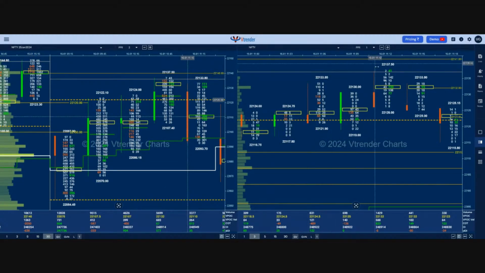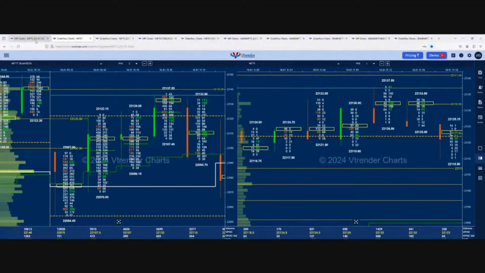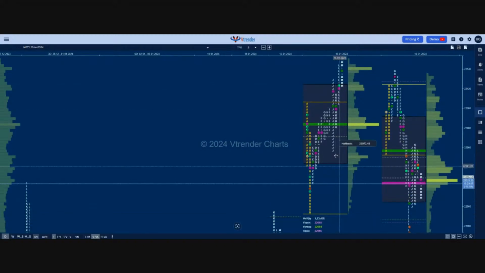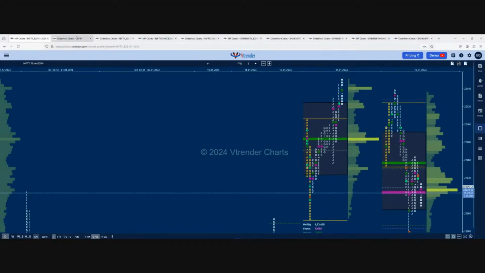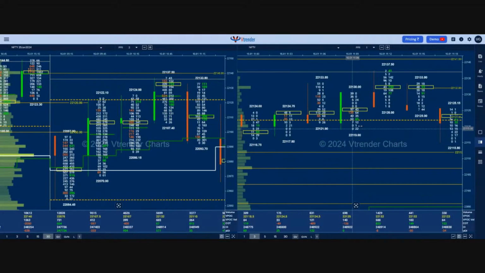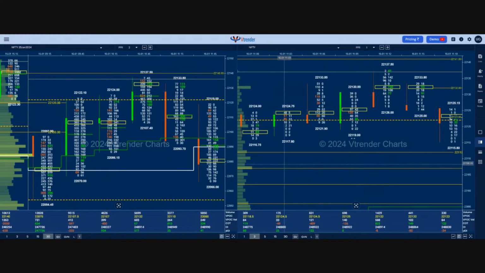So you can see here the D period making these highs, and here you can see all are low volume bars. There is no demand at all on the buy side. So, and we have formed this RS bars. So it is very clear that looking at market profile, we can fade the value of this day. Because we are getting no demand at the value area high, we can look for a visit down to this value area low and this buying tail. So this is what the market profile is showing us, and we need to get that same confirmation in the order flow. So order flow has given us this RS,